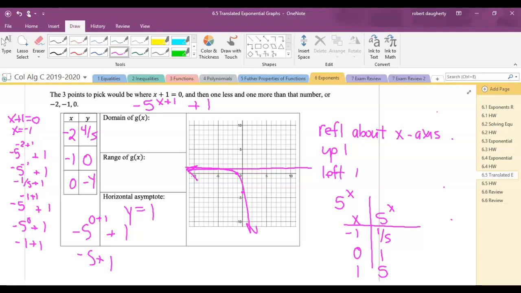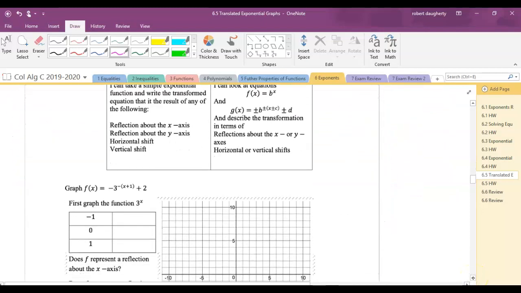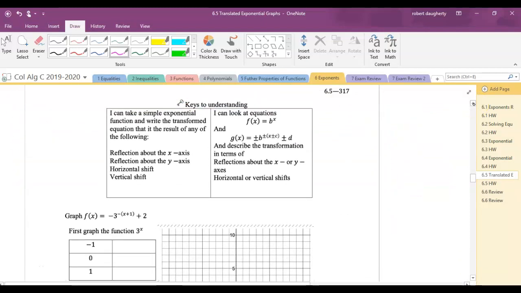Right here? Negative 4. Okay. So, like I said, the big thing here is to be very careful with your arithmetic. So what you should be able to do now, you should be able to look at any